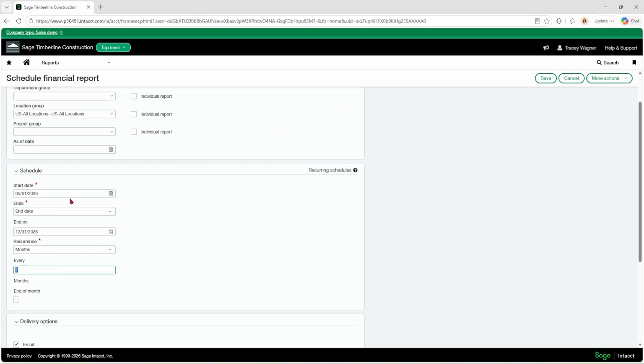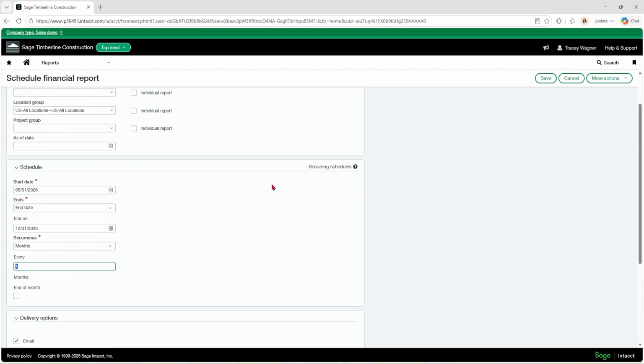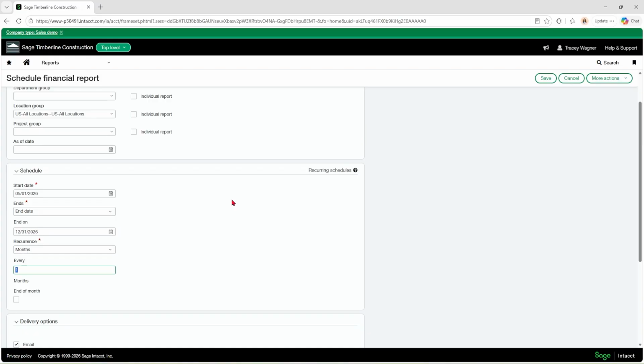Once I hit save, it's going to know that it needed to run on 5/1 and 6/1. And so I'm going to get 2 separate emails. They're going to be the exact same report because that as of date is going to be today. But it's going to allow me to see what this report is going to look like and what the email is going to look like. It's a good way to test your report.